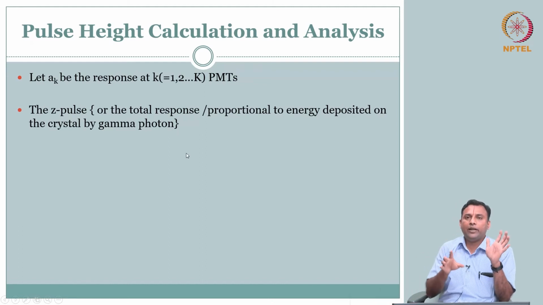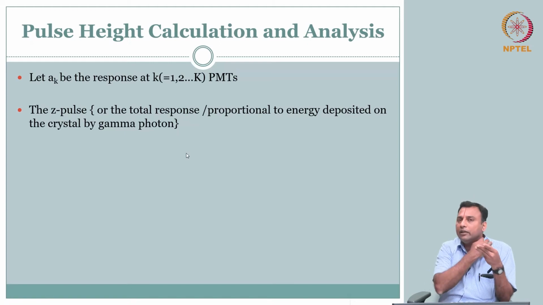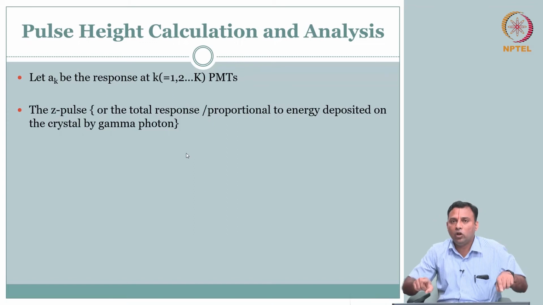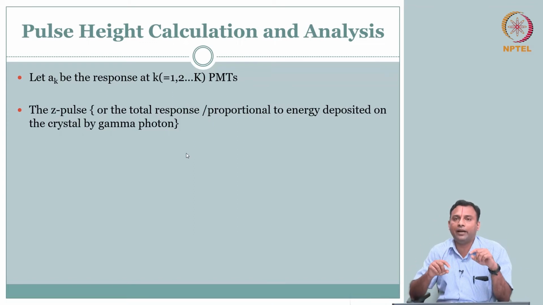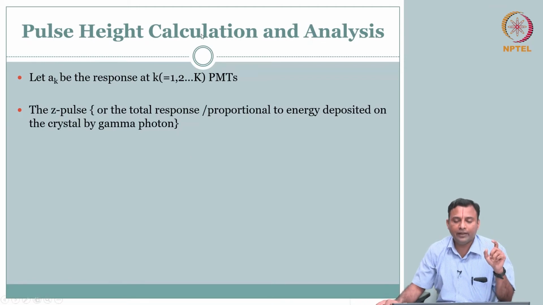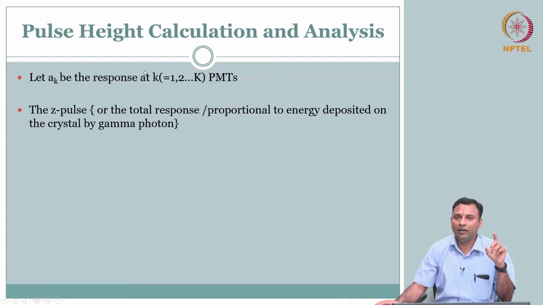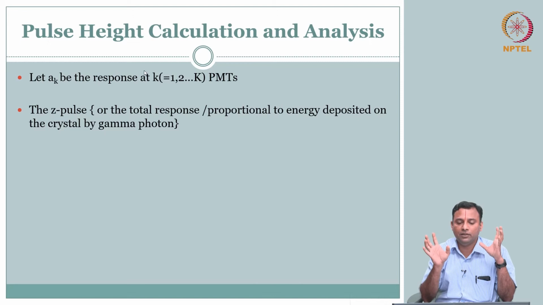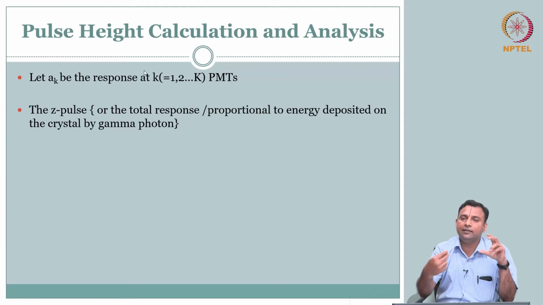So there are three aspects here: x, y and z. X, y is your location in the xy plane. We will talk about that. With x, y you can already think about which photomultiplier tube it is, because I know where it is on the xy plane. So roughly you can sense the location from your xy coordinate system. What is this z? Z is your amplitude, the signal. Z is your activity, the total activity.